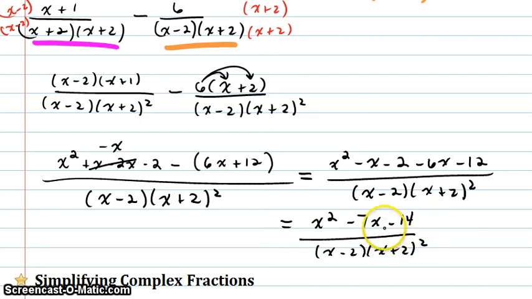Final step, we want to look, can we factor this? So can we factor our numerator? We're looking for factors of negative 14 that add up to negative 7,